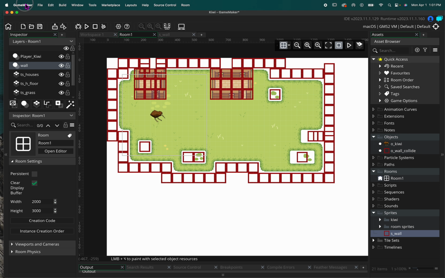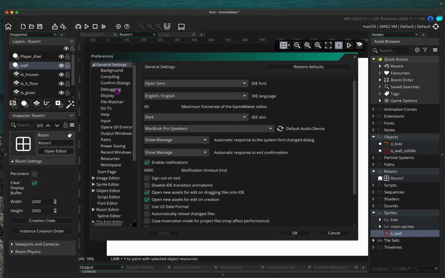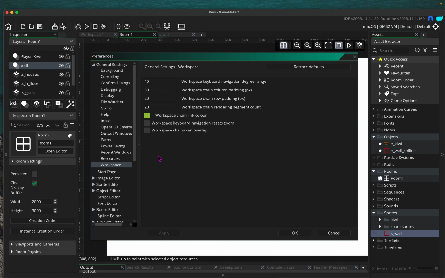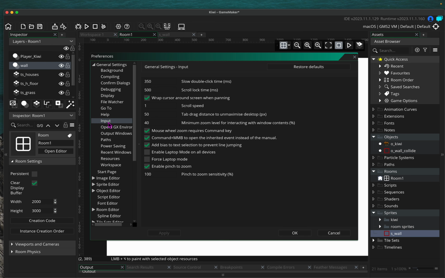So if you are on the laptop mode, let me look. There's a way you might want to disable the laptop mode under input, general settings, input, uncheck forced laptop mode. Let's